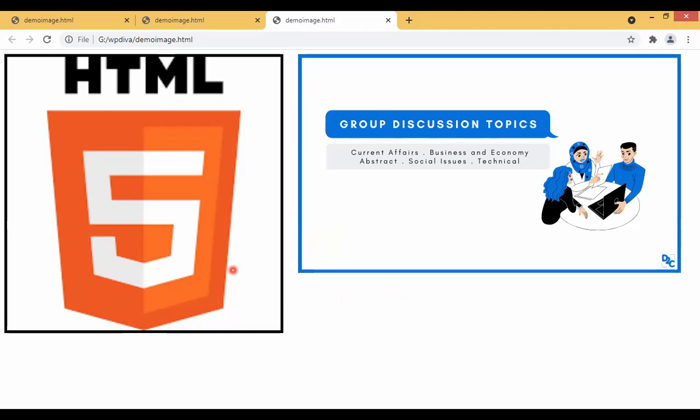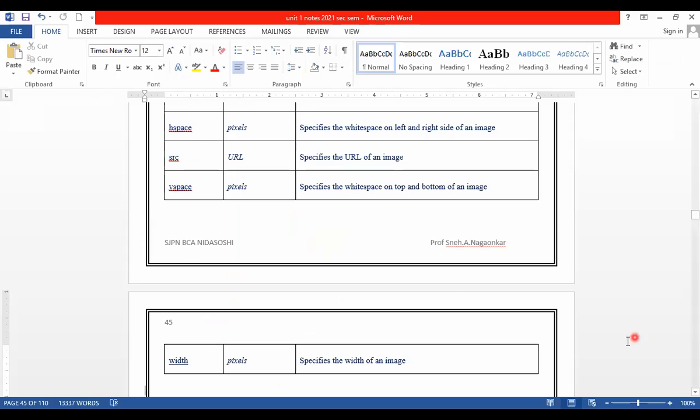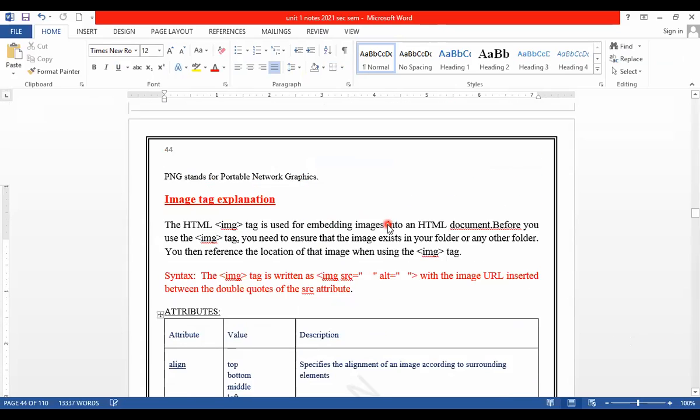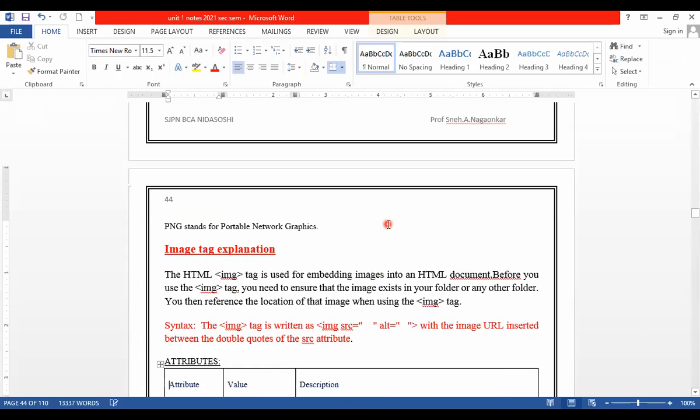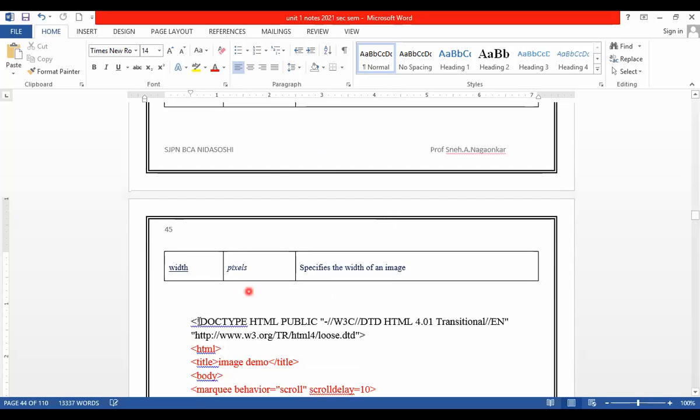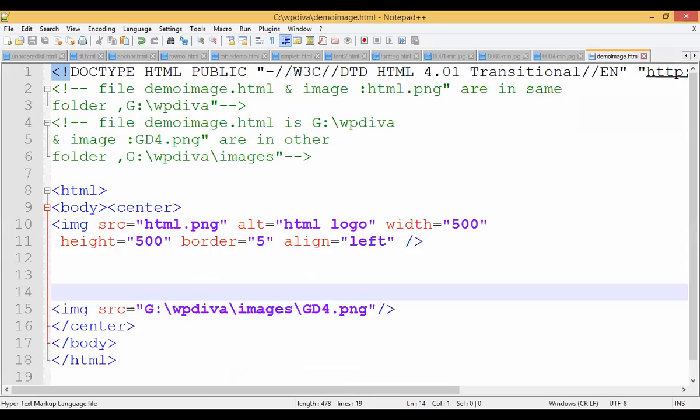So when in examination they ask you to explain the image tag along with its attributes, what you have to do is write this image tag. Just explain what the image tag is, the syntax of the image tag, list out types of images and attributes, and I will give you an example followed with today's explanation. Is it clear about the image tag? Is it clear, guys? Yes, ma'am. Okay, good. Now one more tag I will tell you.